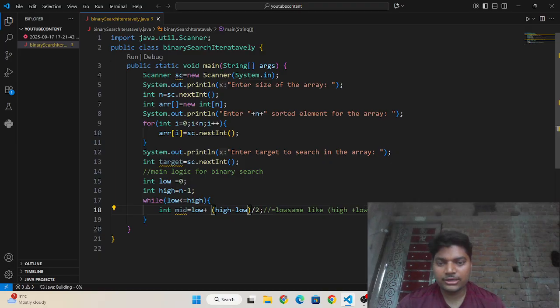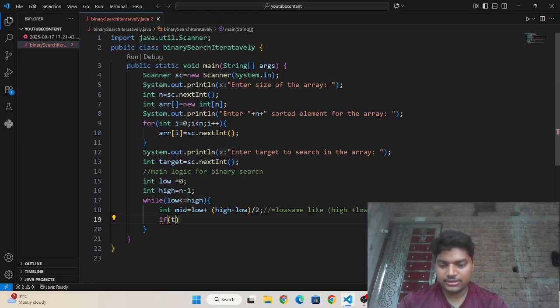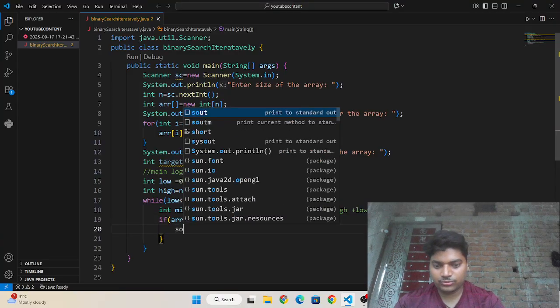Now I need to check if ARR of mid equals to mid. Then you need to return what?